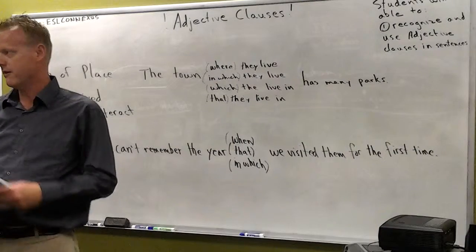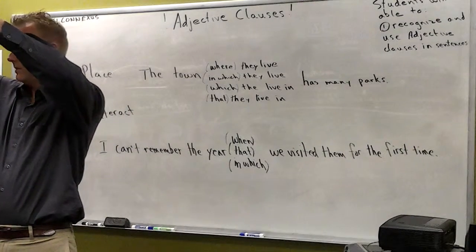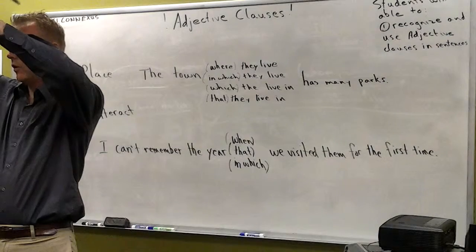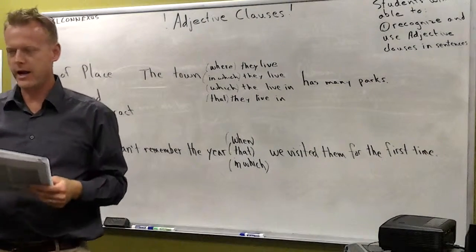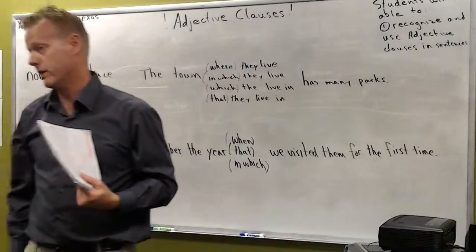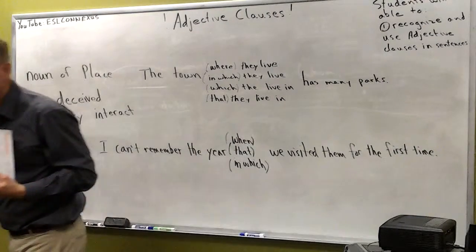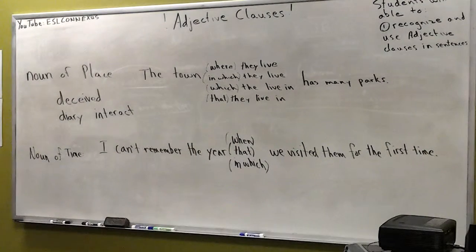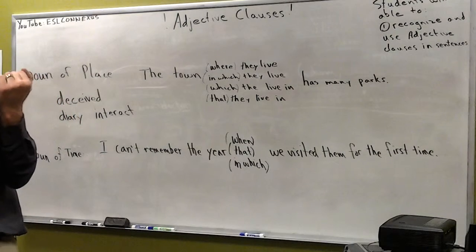In the adjective clause, I have four options. Who, whom, that, or I can get rid of it. Nothing. Okay? Now, if I'm describing a thing or a place, what are my two options? That and which. No. Be careful. We're going to talk about that in a minute. It's a little different. I'm talking about adding information or describing a place or a thing.